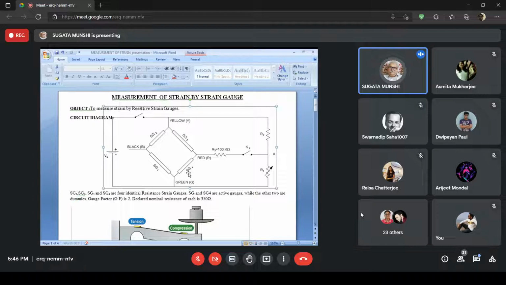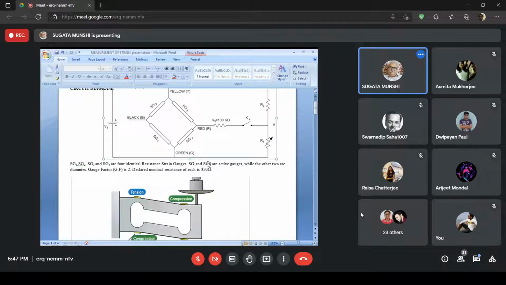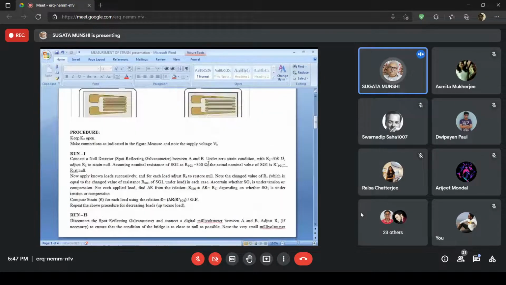Although the sensitivity that you would have obtained by having 4 active gauges, 2 under tension, 2 under compression, is not achieved. The normalized sensitivity there would have been 1, now it is half. Same as 2 active gauges and 2 resistances. So this is the reason why 2 active gauges are used in conjunction with 2 dummy gauges. The setup was such that you could not mount the 2 other gauges as active gauges.